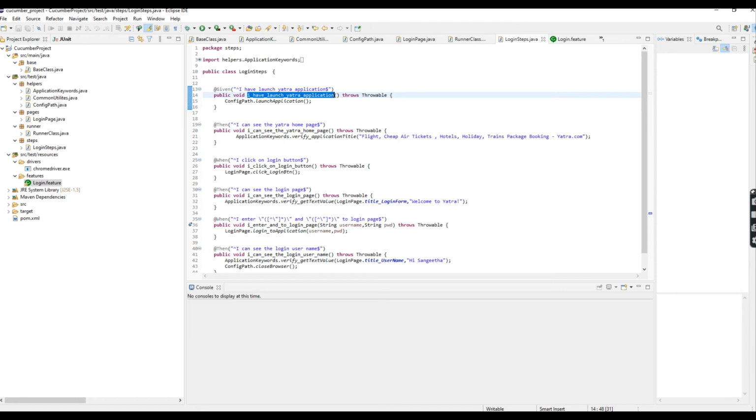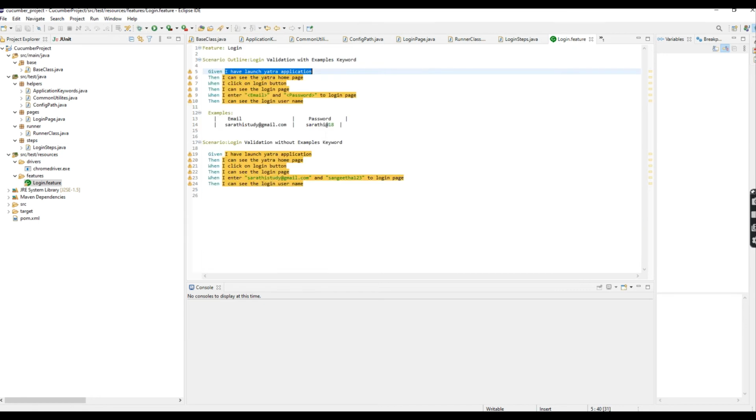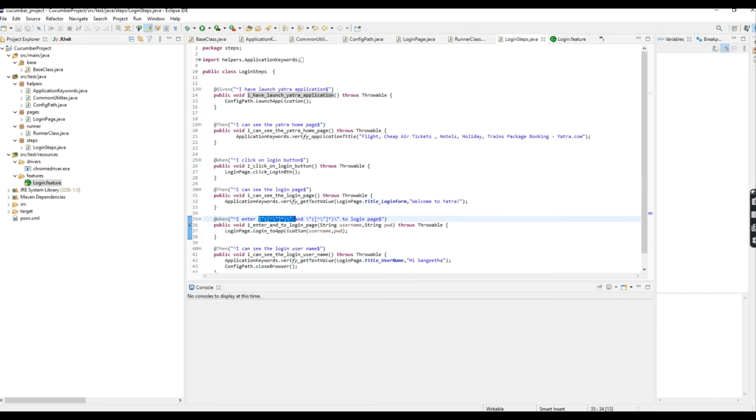Here I'm passing the parameters, username and password. This is the regular expression we implemented in our Cucumber project. Here I am passing the string only, and for string we follow this regular expression format. In another video, I will tell you what the regular expressions are that we follow in our Cucumber.